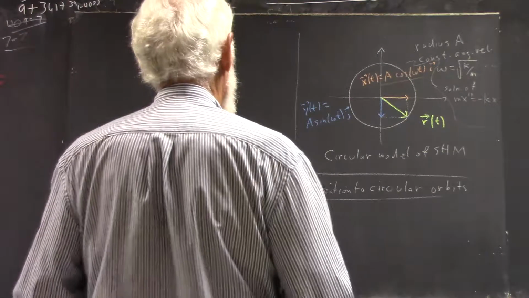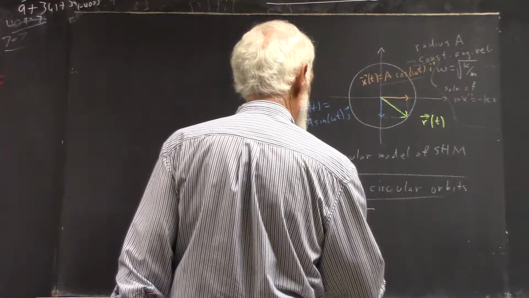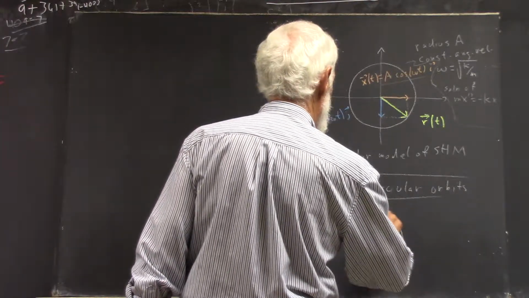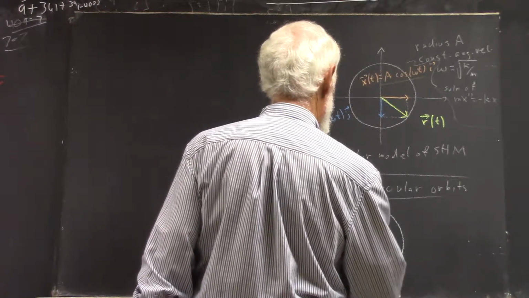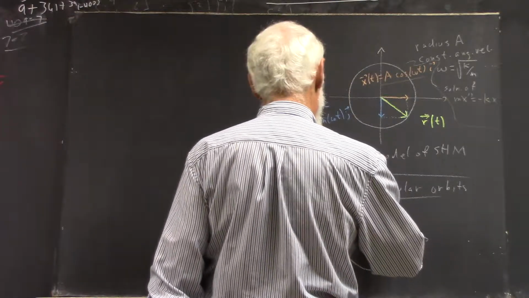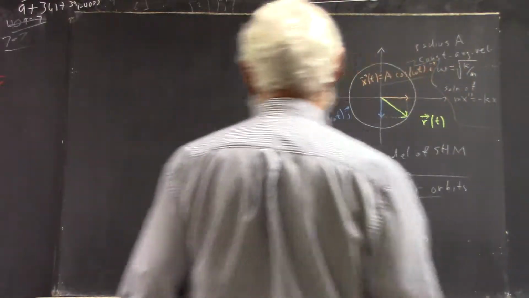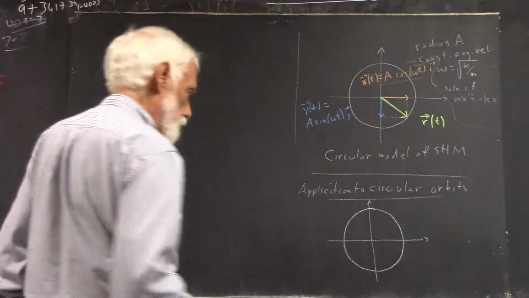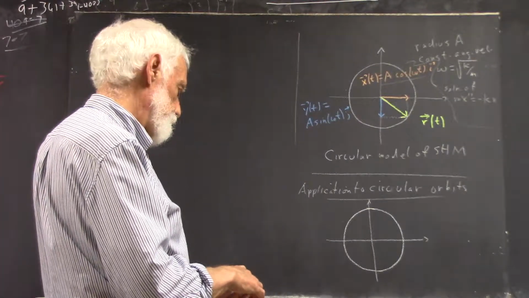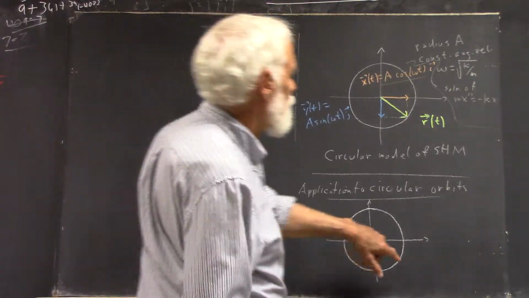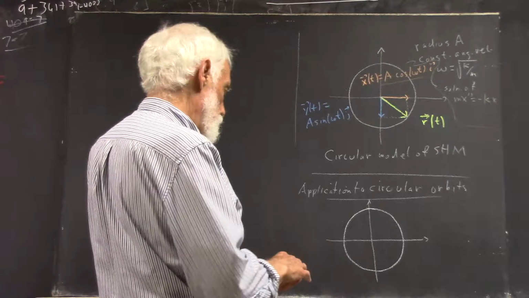Okay, now the thing we want to understand is the application to circular orbits. I'll try to draw a good circle at this point on the board, but it's not too bad. Bad perspective here, so don't expect miracles. Let's see what that looks like. Yeah, a little lopsided, but you get the idea. Okay, now in a circular orbit, or for any point moving at constant velocity, but circular orbits are certainly